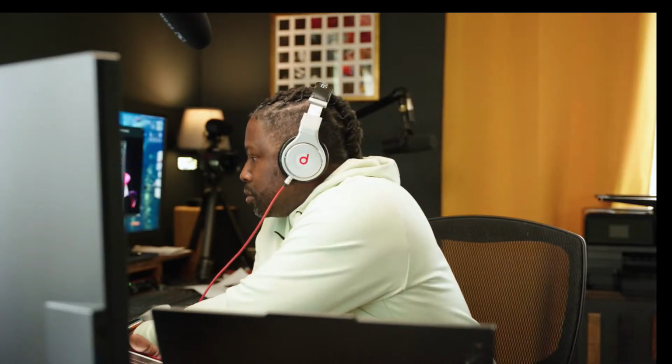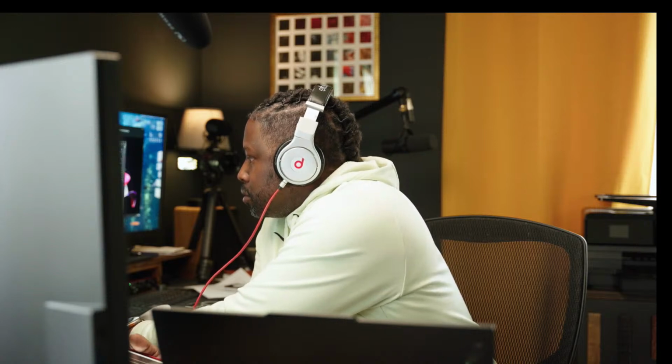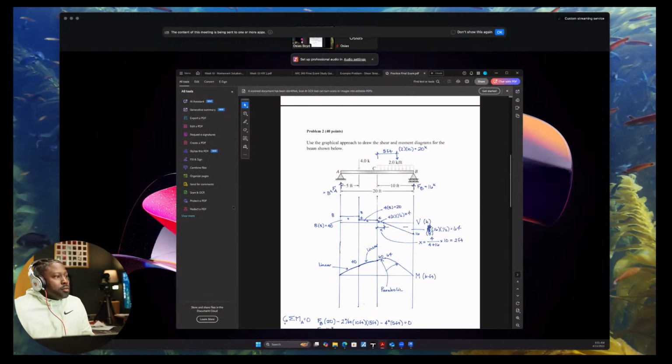So we have the sum of the moments at A, take moments around A. So we'll take moments around A, meaning every force that is not A will produce a moment, a tendency to